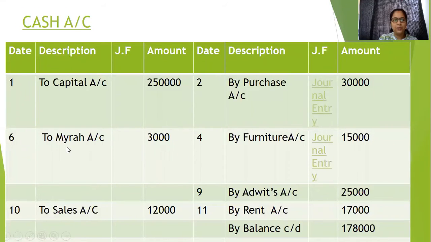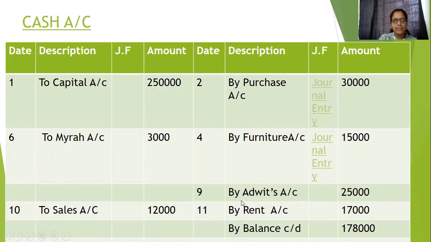It becomes very difficult to check in the journal, and it becomes very easy when the accounts are classified. We know the reason why there is increase or decrease in cash. So here also we see why there is decrease, because we have made certain purchase. So it is credited. When we credit asset, it means asset is decreasing. Again, we have purchased certain furniture. That's why it is credited.